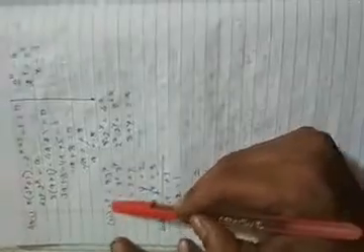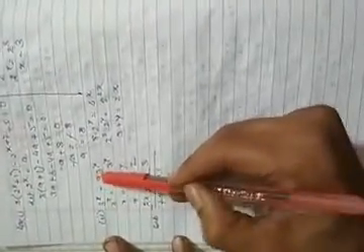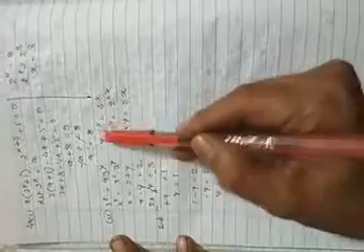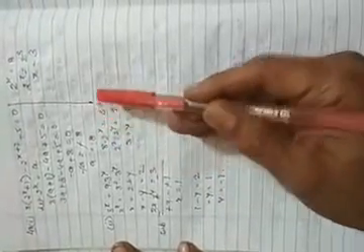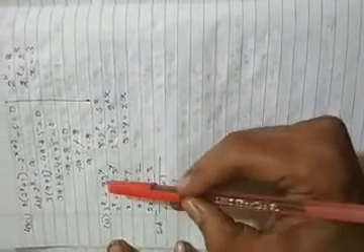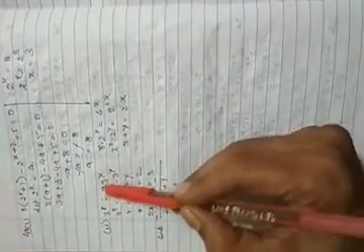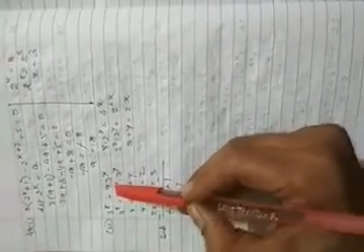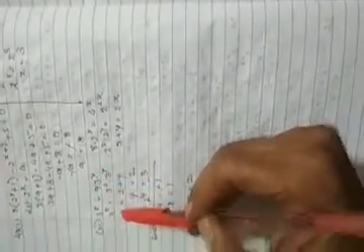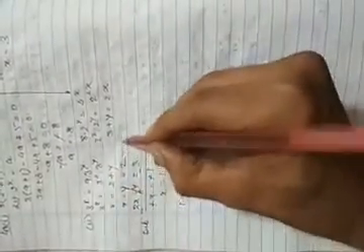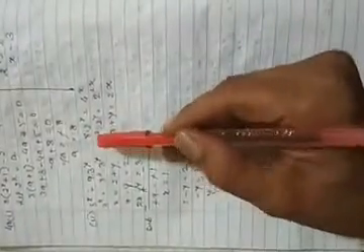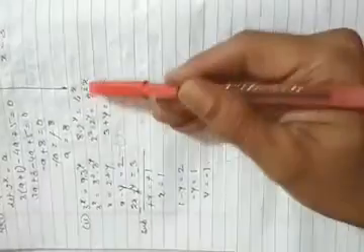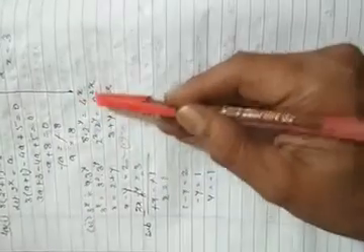Second part is your 3 to the power x equals to 9 into 3 to the power y, and 8 into 2 to the power y is equals to 4 to the power x. So first of all, what I have done, I have converted this 9 as 3 to the power 2, and just comparing the coefficient, what I got, x is equals to 2 plus y. So this will become my first equation. And again here I have converted 8 as 2 to the power 3 minus 2y is equals to 2 to the power 2x. I have converted this 4 into 2 square.